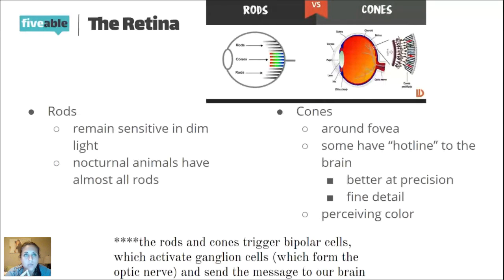Rods are what give us more of our nighttime vision. They're sensitive in dim light. So when it's dark out, they're going to be able to pick up more information and tell us things. But if you've ever tried to see in the dark, they're also not super great at creating details. So you can kind of see in the dark, but it's not super fine vision or anything like that. And if we were to look at nocturnal animals,